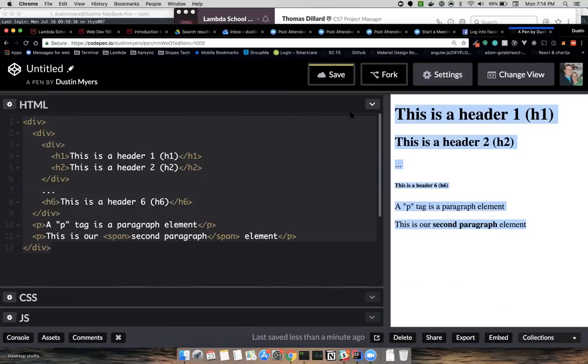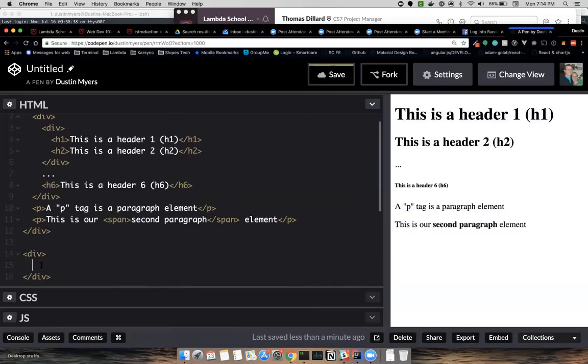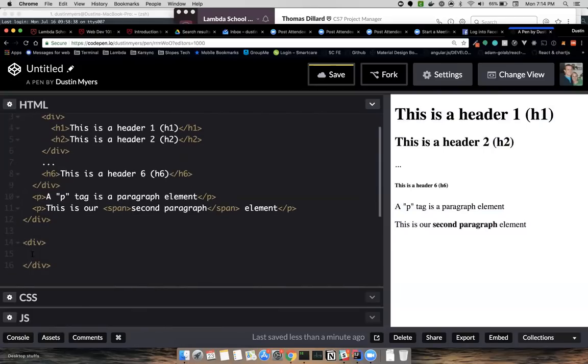Can you share some of the shortcut keys you use? If you're talking about here in CodePen, I type out the HTML tag and hit tab, and that autocompletes the entire tag for me. So let me do that again. Type out div, hit tab, hit enter, and it autocompleted the tag. It drops this line and indents for me.